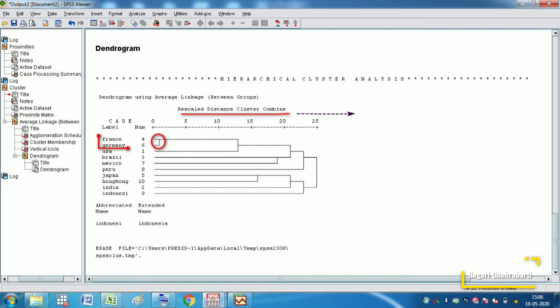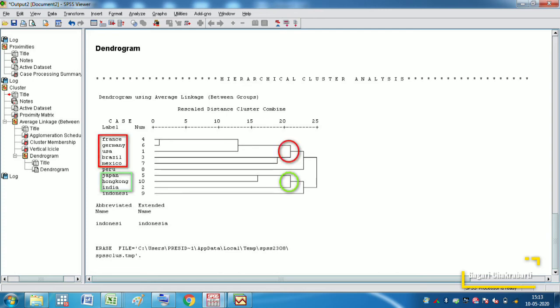France and Germany are most similar. US combines with France at a relatively greater distance in the range of 10 to 15. Japan and Hong Kong are combined at greater distance, almost near the distance of 15. So they are less similar in terms of risk-adjusted return than the 3 other markets just mentioned. Brazil and Mexico are combined in the range of 15 to 20, but the distance is closer to 20.